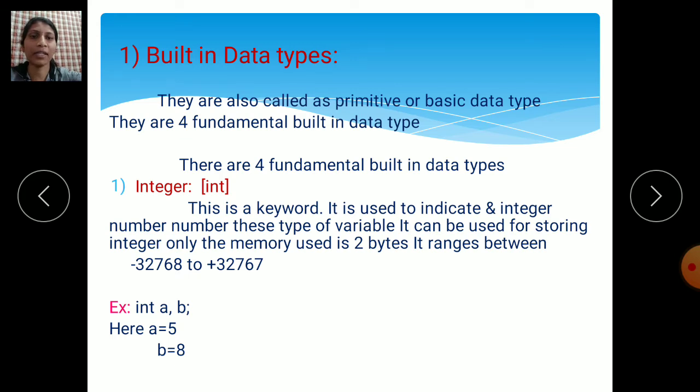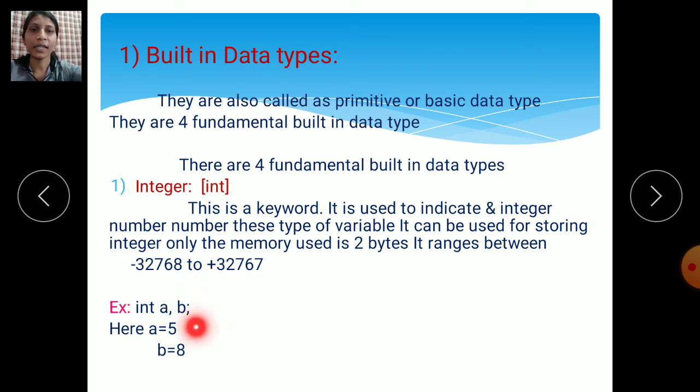For example, see here, with the help of a data type we can declare the variable. Here int is a data type and a and b are the variables. So the data type can hold a variable. What type of data type we declared, that type of values we will use here.